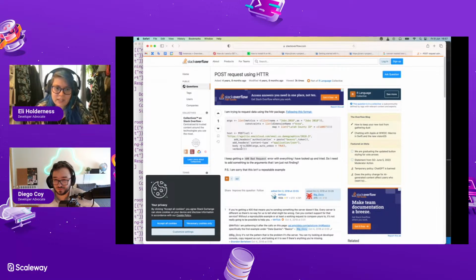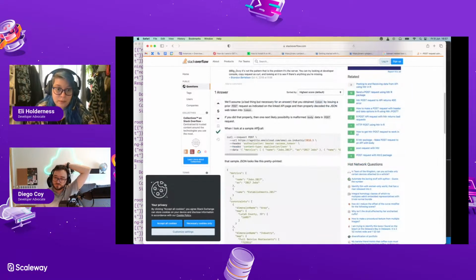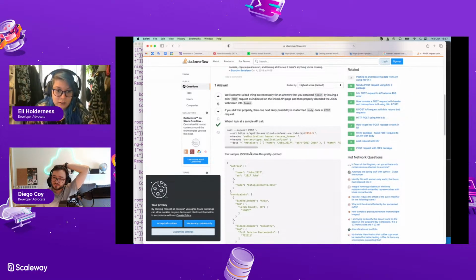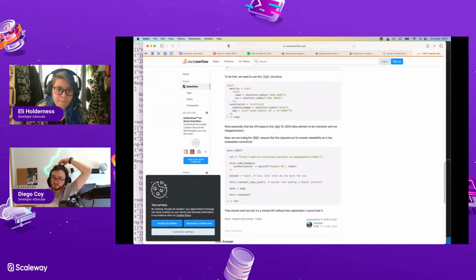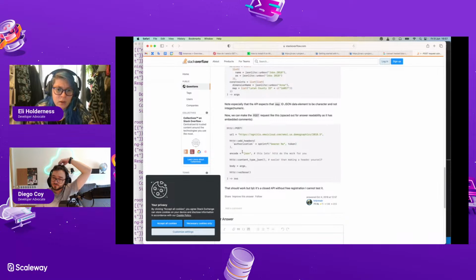Yes. And they haven't set encode here. Mind you, to be fair, this is the problem statement that they're doing. Right, curl looks like this. Authorization. I like that they're using sprintf. Oh, you can do that apparently. Body equals args, verbose.